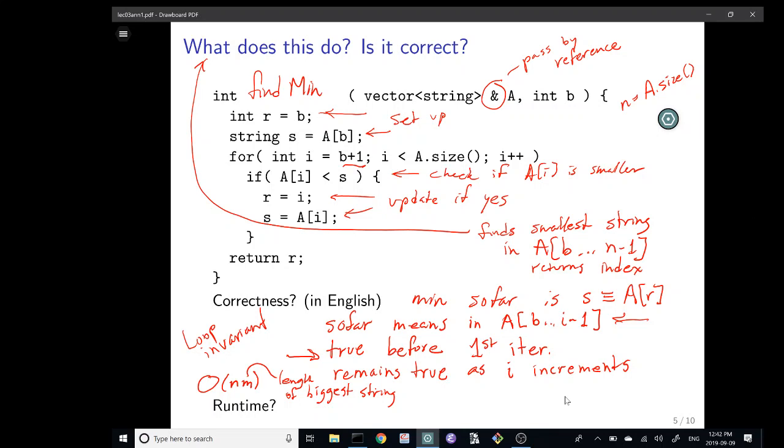That's excellent. There's another parameter here, though, as well, which is b. So you could also say this is order n minus b times m, because you actually are only checking the values from b to n minus 1.